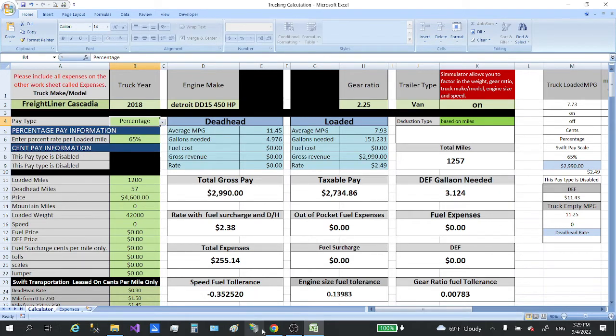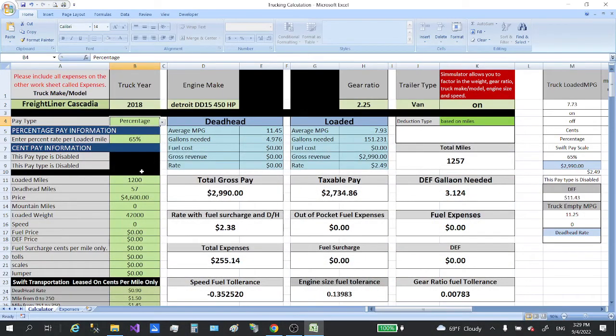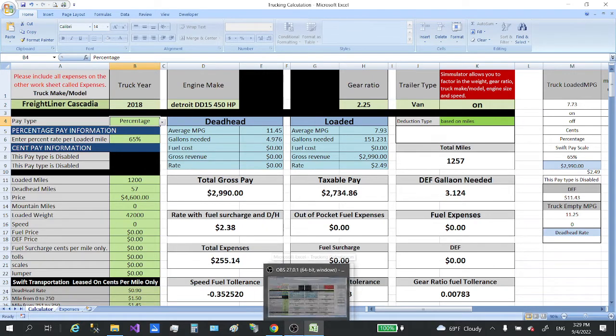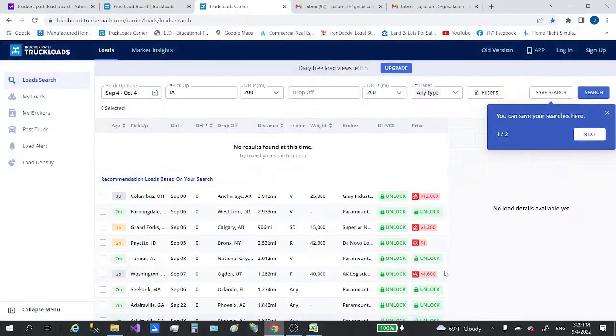Let's go ahead and grab a load from the load board. Let's say, for an example, this load pays $12,000. Let's just do the top one. Actually, let's just go ahead and work from top to bottom. This is just a demonstration. I know normally when you would do something like this, the load is already gone. So, I know that argument already. So let's go ahead and put in